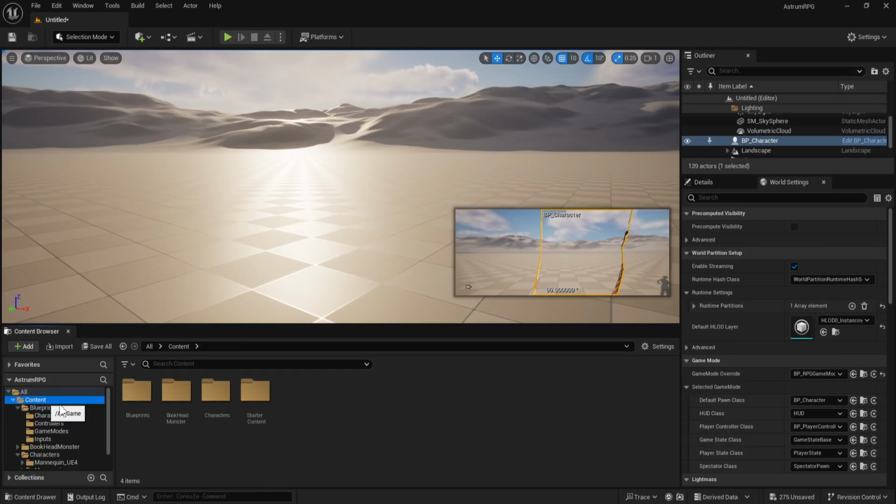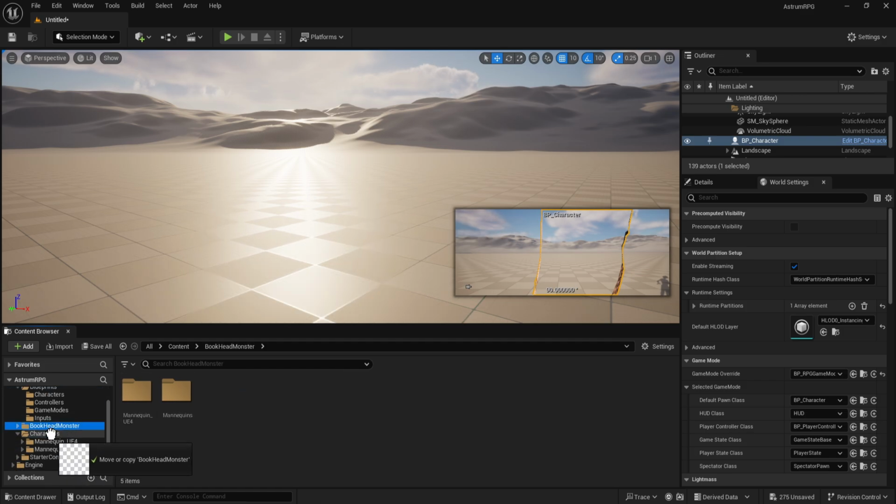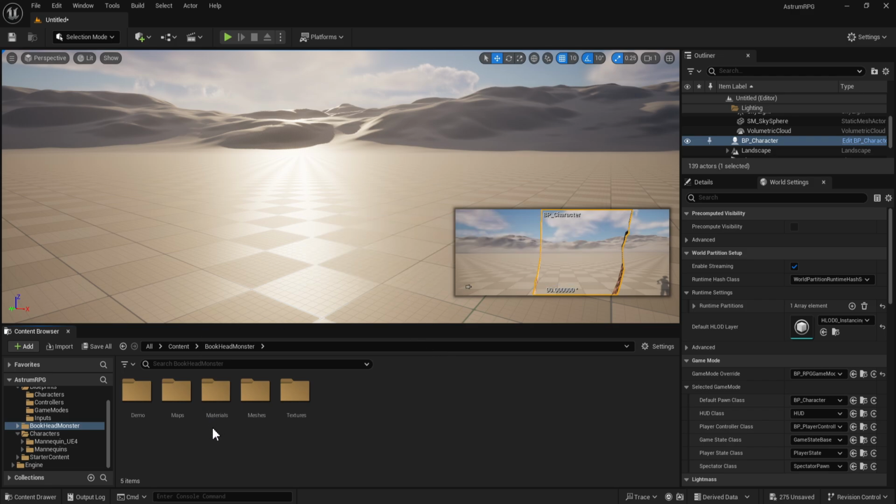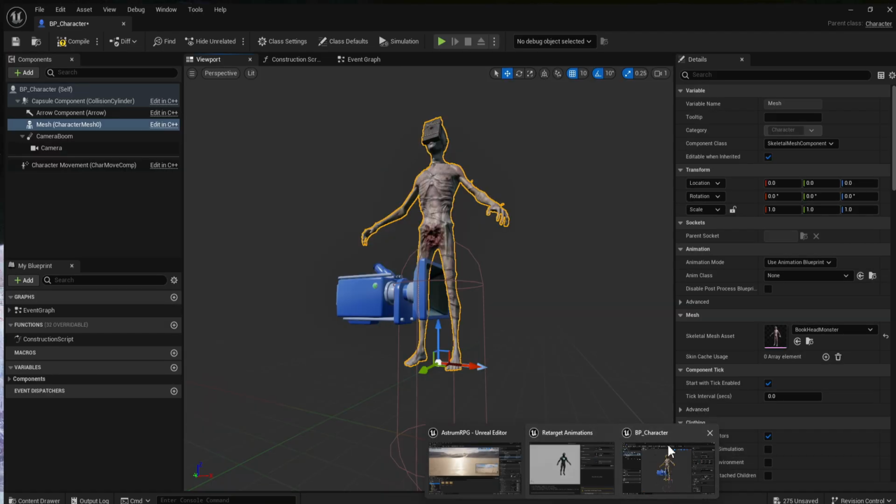One thing I want to do before I use him is to right click over here, update redirector references, and drag the Bookhead Monster folder into the characters folder so that things stay clean, and you just hit yes. We want to go back to the character blueprint,